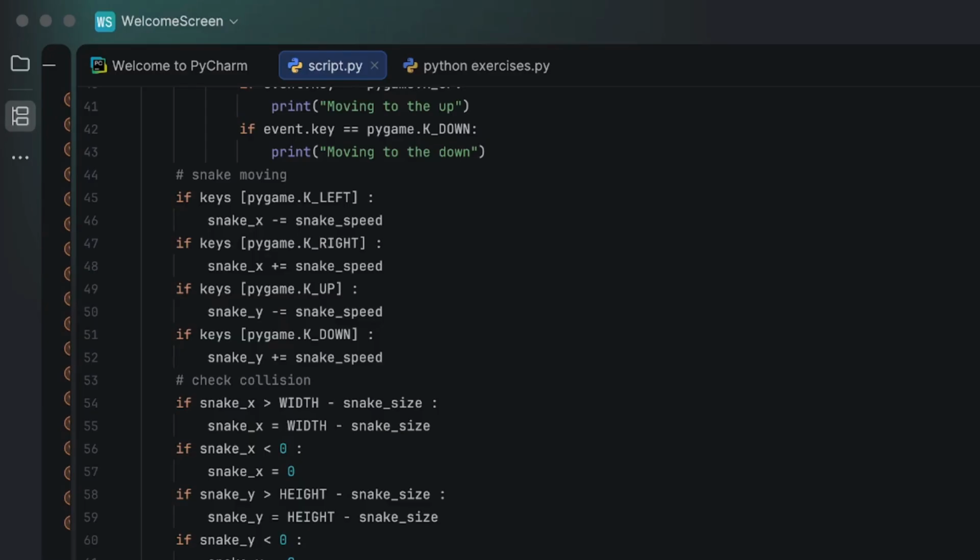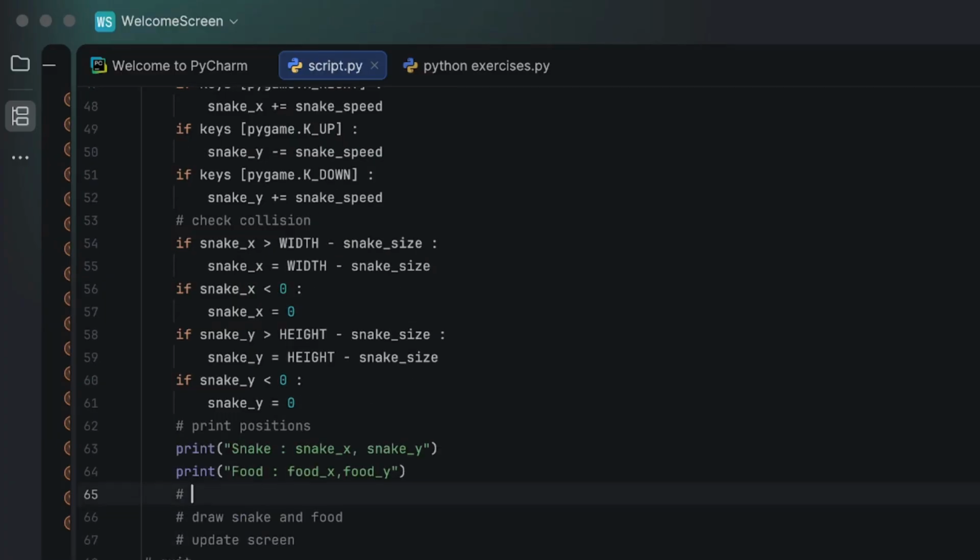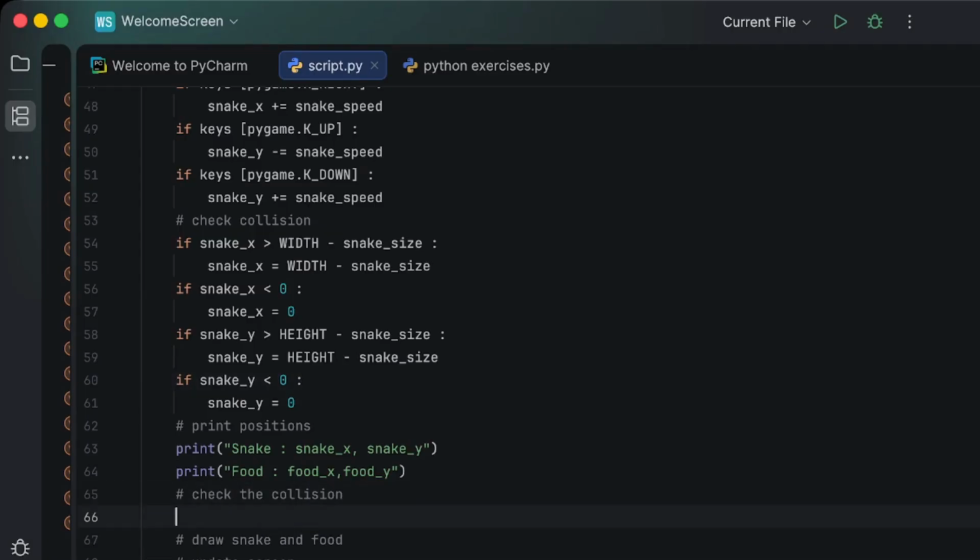And now, the most important thing is to, I forgot to do that, sorry. We have to actually check, right? So we have to check the collision. Okay, so to check the collision, what I like to do is I like to say if snake x is equal to food x, and snake y is equal to food y, print